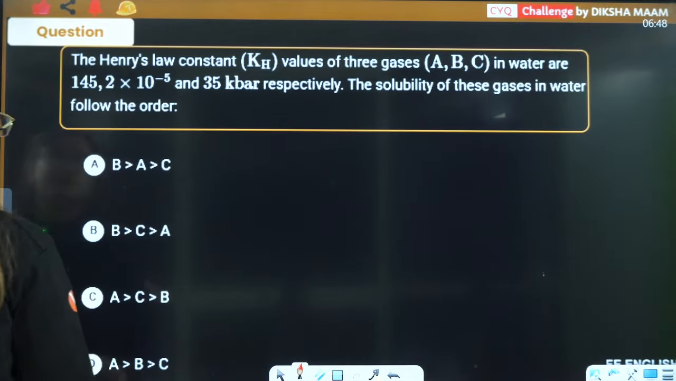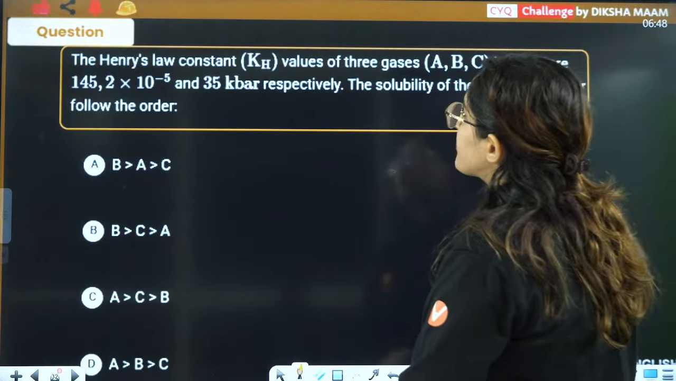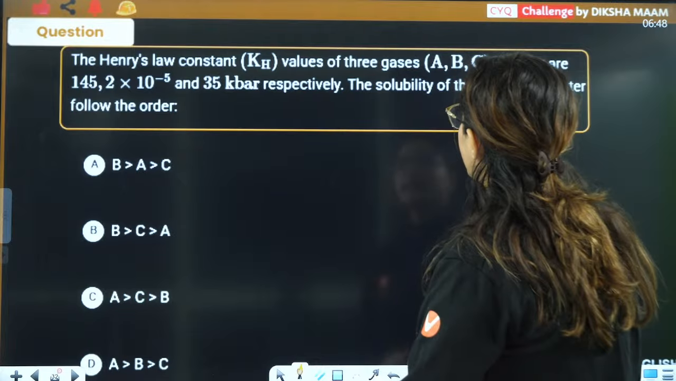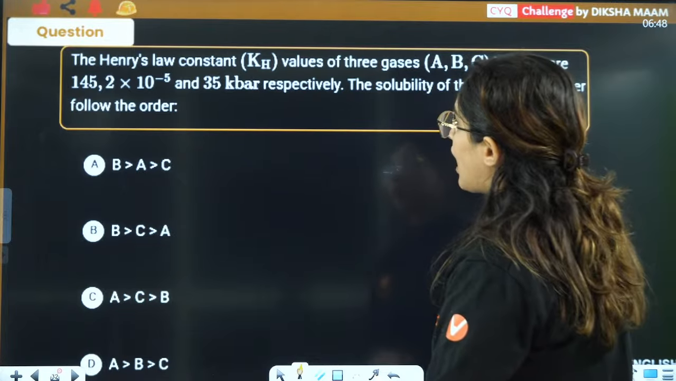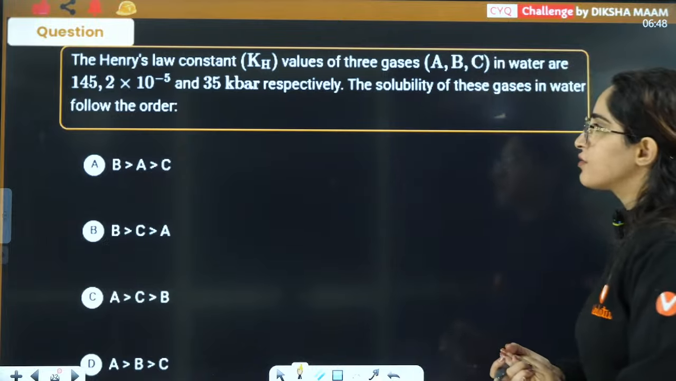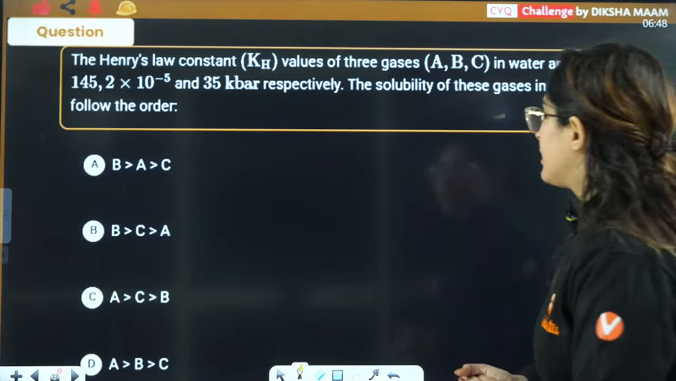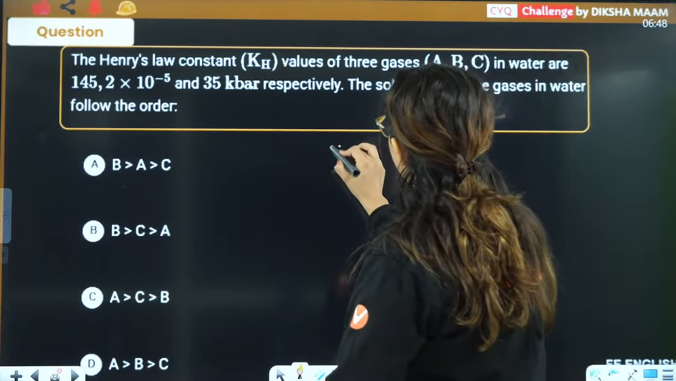So next question is Henry's law. Let's talk about Henry's law. Henry's law constant KH of the three gases in water are these. The solubility of these gases in water will be what? Now see this. Now students, remember that solubility and